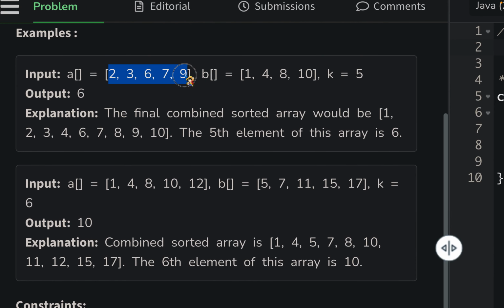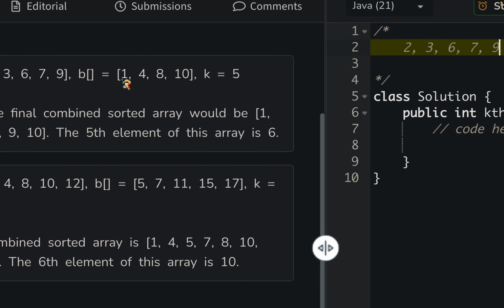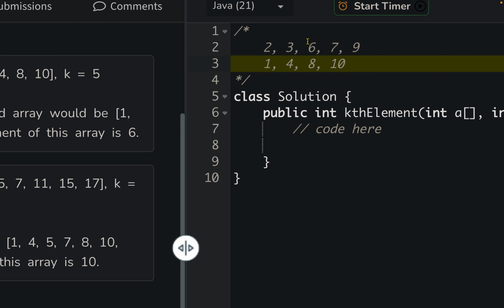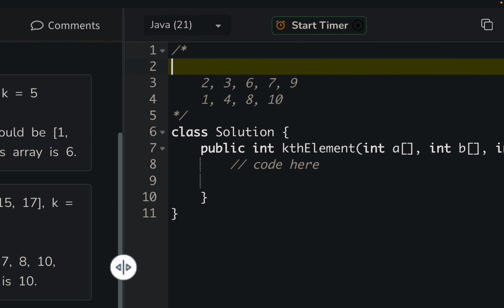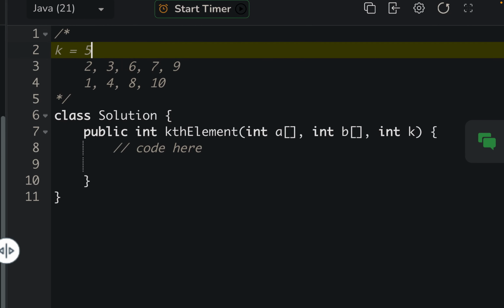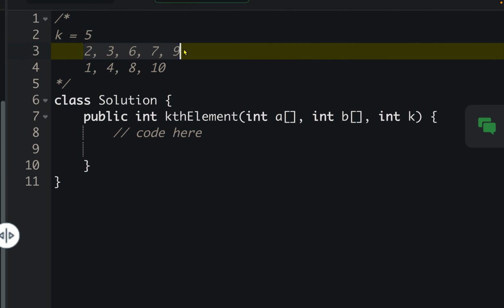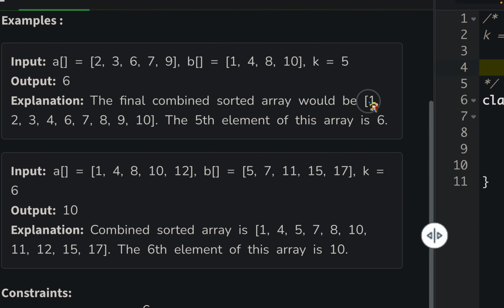One thing is, we are given a sorted array. Can we optimize? Can we use that for our benefit? That's the thing which we wanted to ask. So these are two arrays which we are provided, and given k is equal to 5. So how can we deal with this? You see, the arrays are sorted. That means once you combine these arrays, it would look something like this,